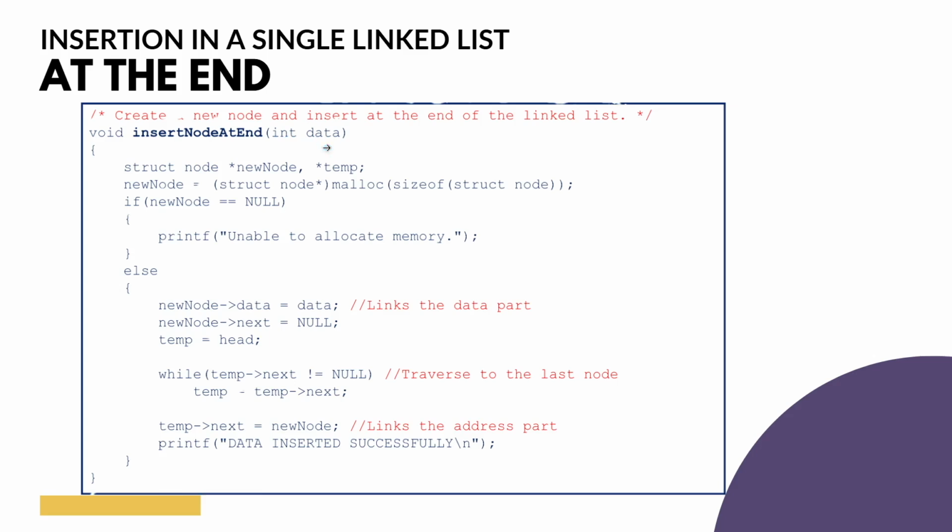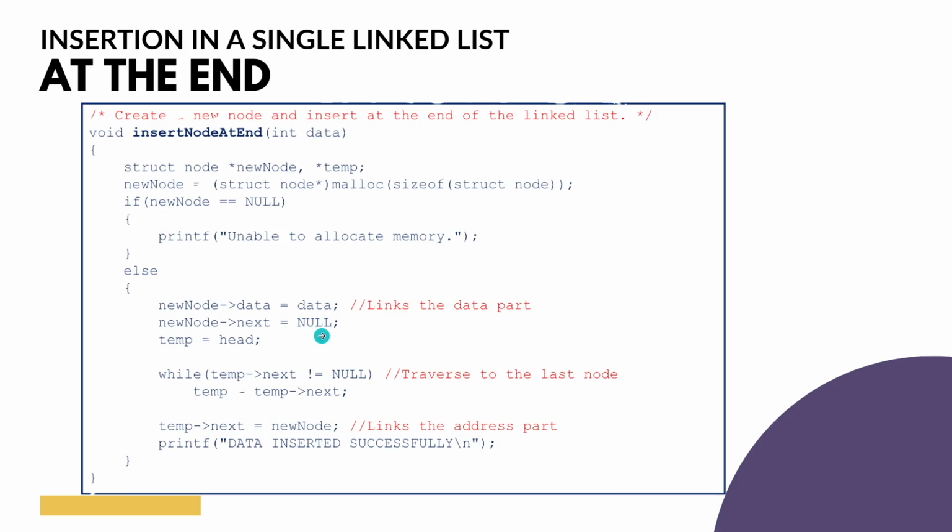So, this is the routine for inserting a node at the last position. Similar to insertion at front, we are getting just the data to be added in the new node as its argument. First step, we allocate memory for the new node, and that is pointed to by the pointer named new node. We make a regular check whether memory allocation was successful or not. So, if successful, we have to do this. First, we put data in the data part of the node. Next, we have to